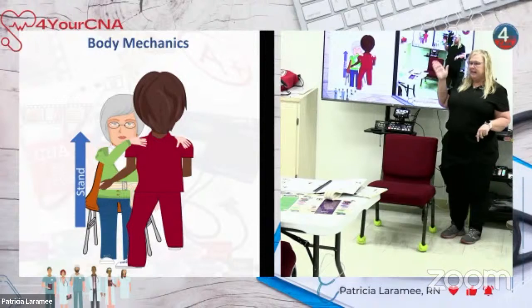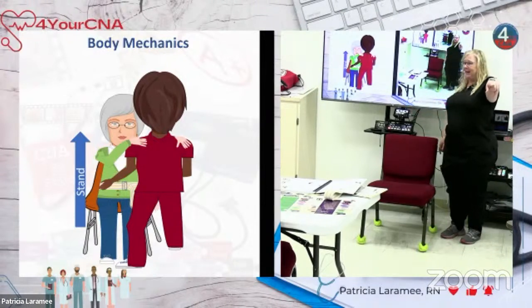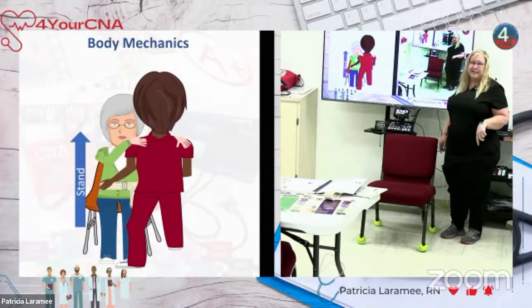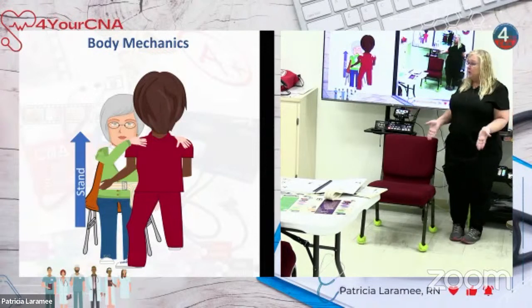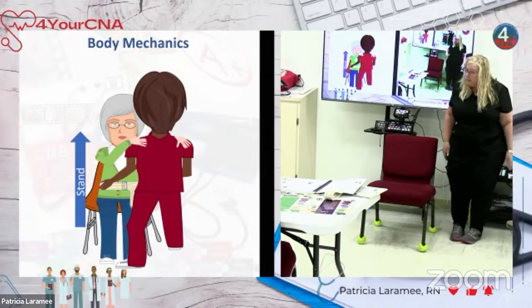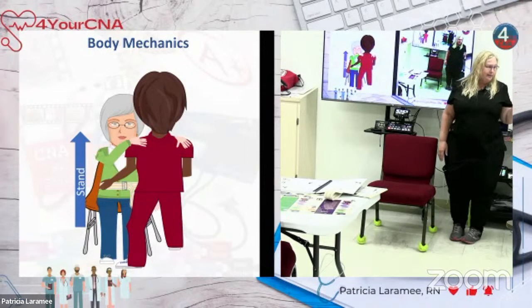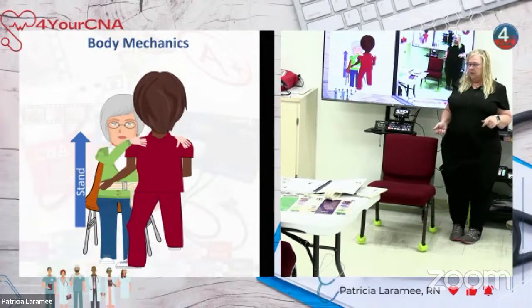Now, once we get them standing, we want to ask, are you dizzy? I don't want to wait until I'm way over there to find out if my patient is dizzy. What is my exit strategy? I don't have one. I'm in trouble. So when you stand a patient up, you need to ask, you feeling okay? Are you dizzy? Everything good? Then we can go walk. Good. That's kind of important. But